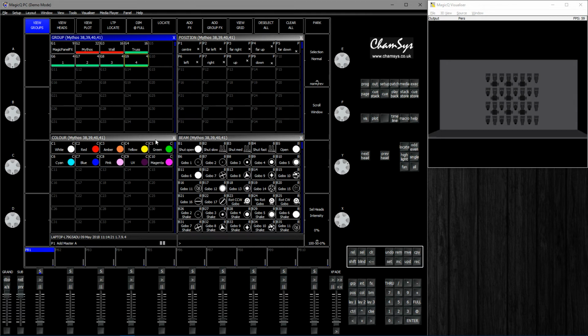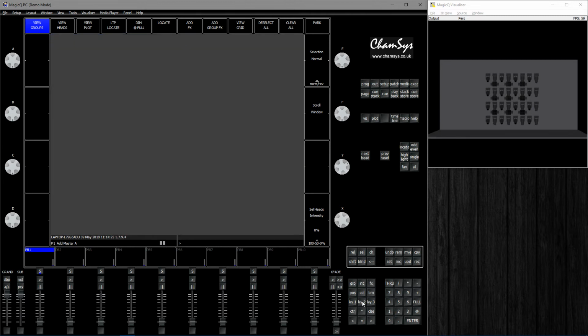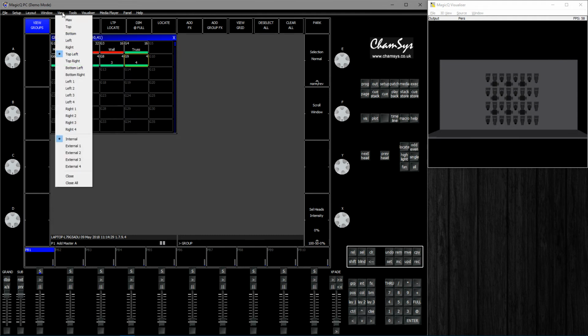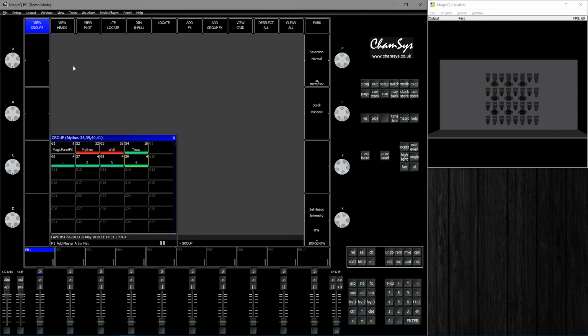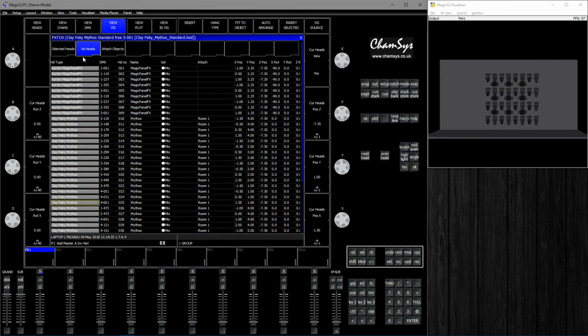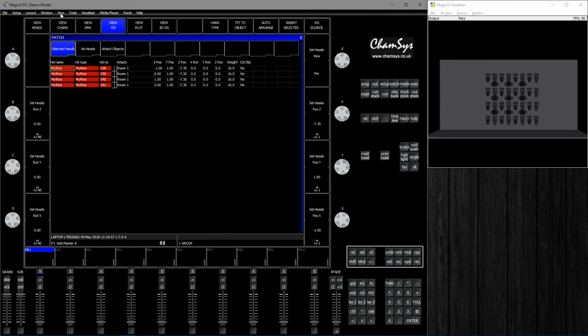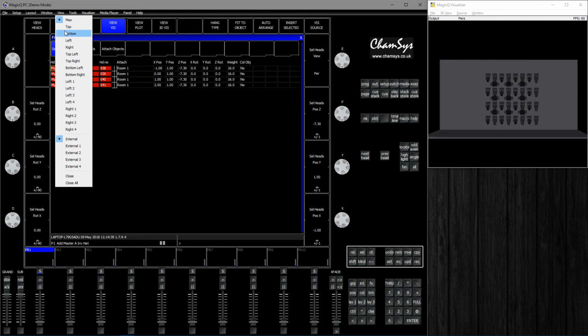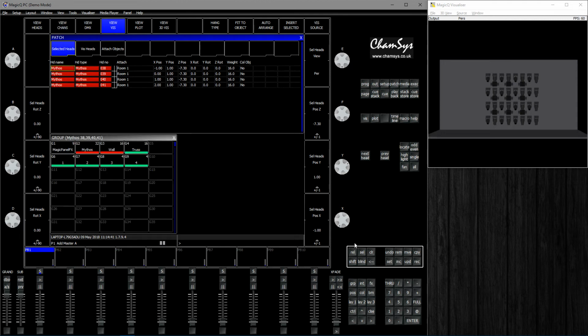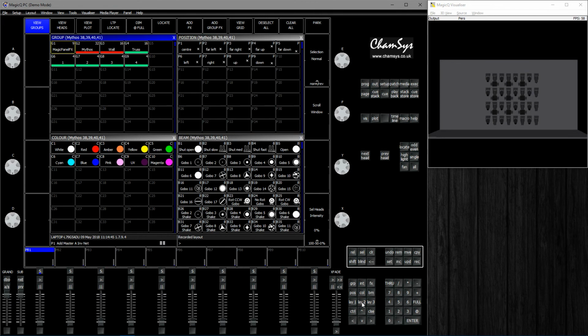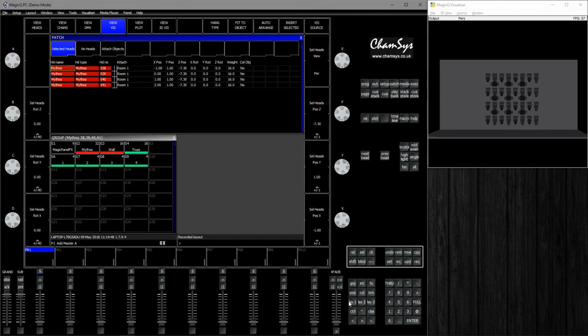There we go. I'm going to create a new layout view, pressing the layout 2 button. Can open up the group window, go up to view, bottom left. I'm going to open up the patch view with selected heads, and I'm going to put that on the top. I'm going to press record and then layout 2. And we can switch back and forth between those.